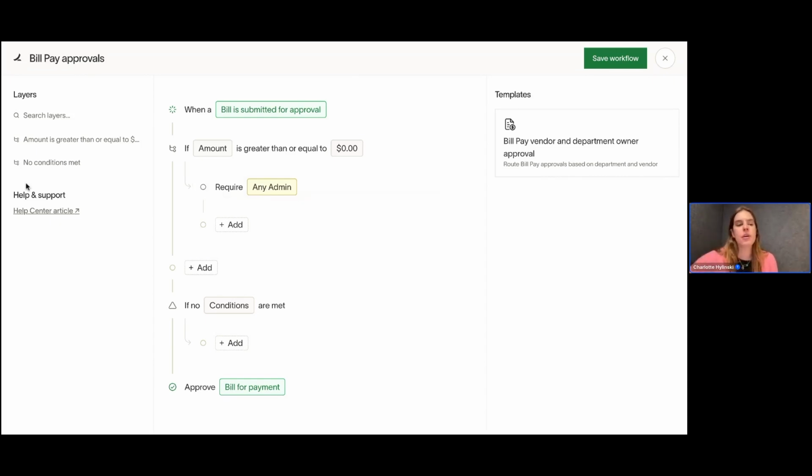Maybe that's all you want to do. But you can add additional people here to be part of the workflow too. You just have to have the admin or owner. As a best practice from the Ramp team, we recommend having vendor owners listed as a step in this approval